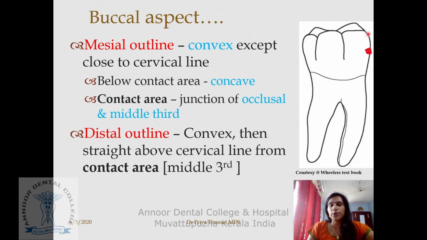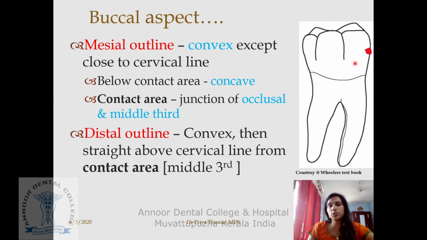Next aspect which we are going to cover is your outline. So we covered all the surface features or the landmarks on the crown portion. Next we'll cover the mesial outline and the distal outline. Whenever you talk about the outline, you always talk about the shape of the outline. Now if you observe this outline, it is convex till your contact area. This point which is marked here is your contact area. Till the contact area it is convex, and then from your contact area to your cervical line it is slightly concave. Okay. Then when you take your distal outline